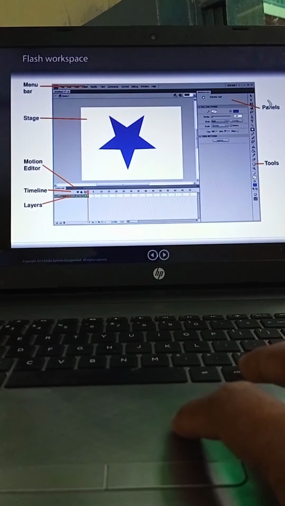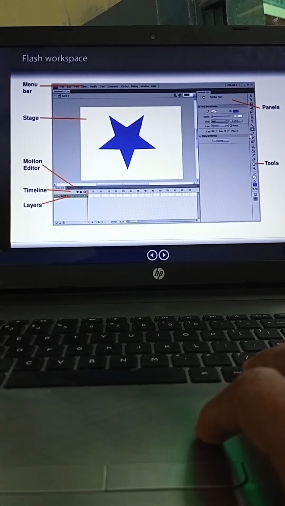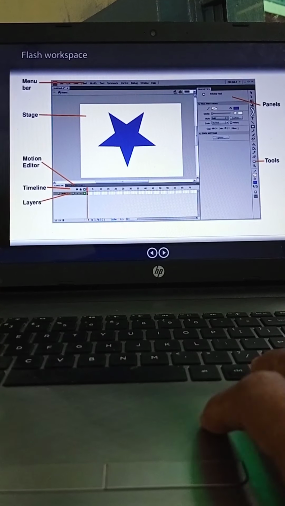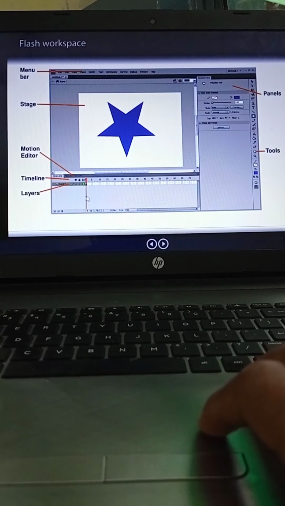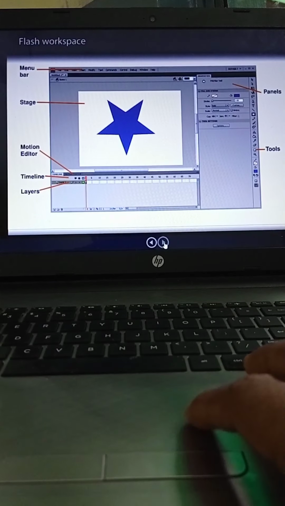This is the stage. This is the panel and here the tools are represented. This is the tools, timelines and layers. We will discuss them one by one.